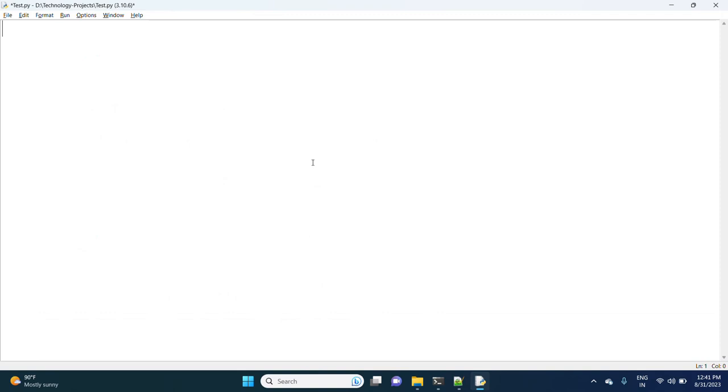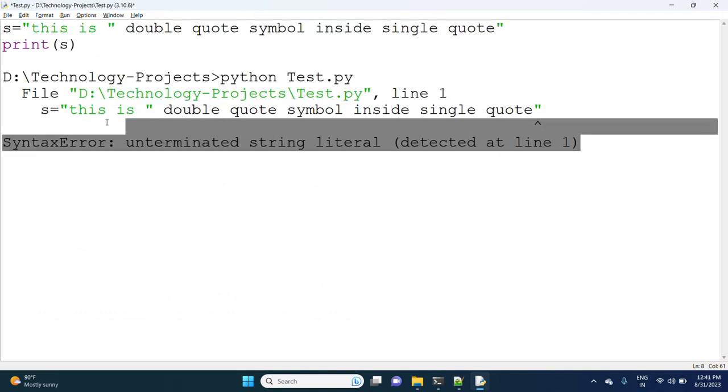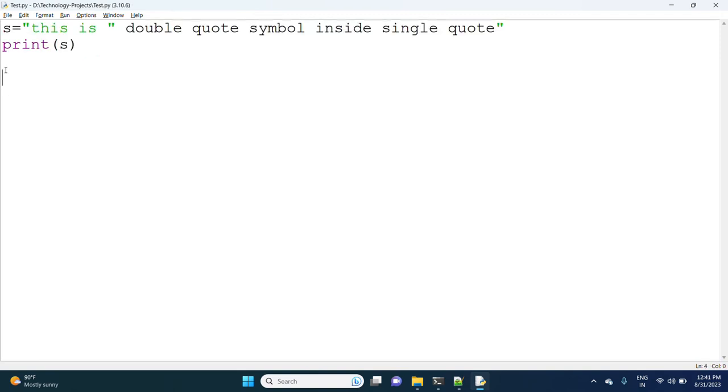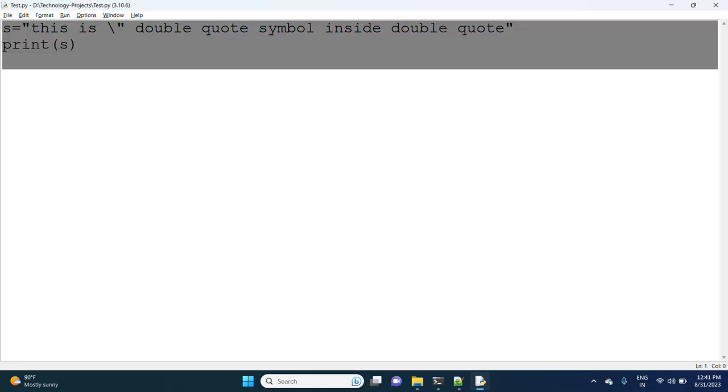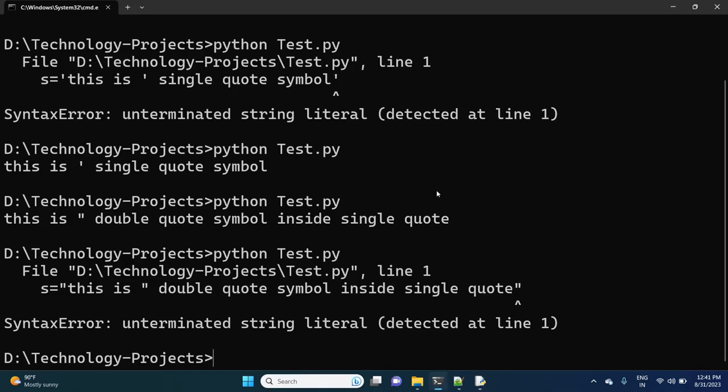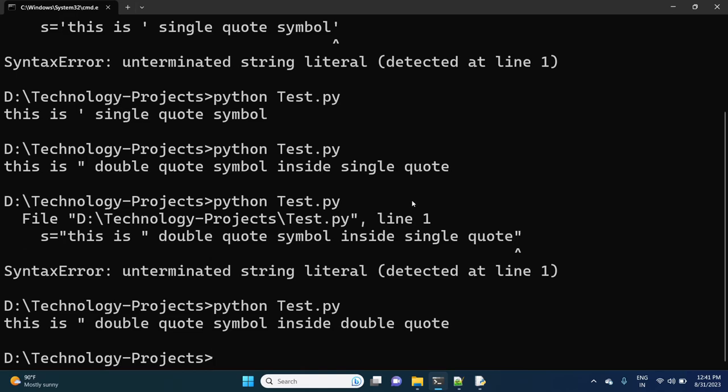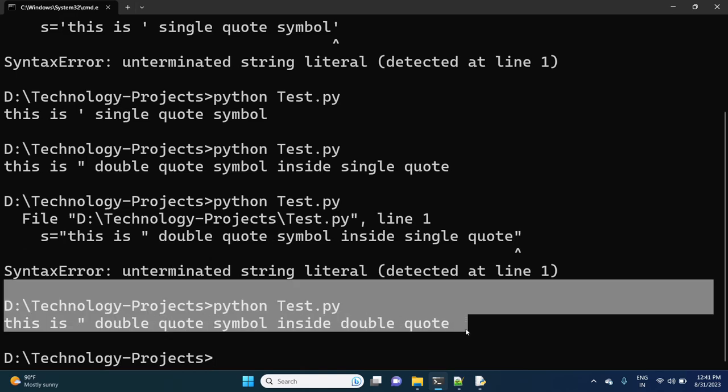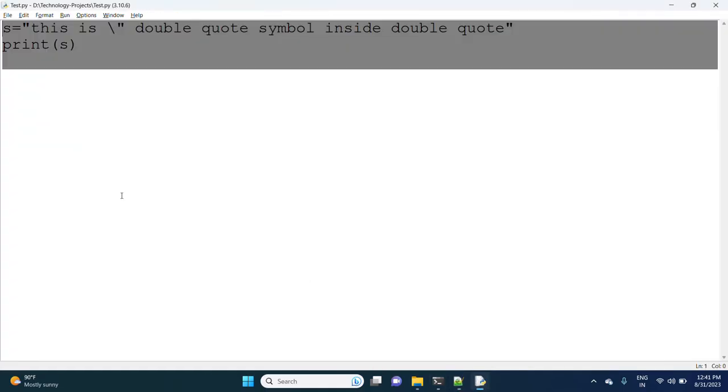Now observe here, to prevent that problem. I want to print the double quotes inside the double quotes, which means we have to use an escape with the double quote inside a double quote. Now observe the output. This is a double quote symbol inside a double quote.